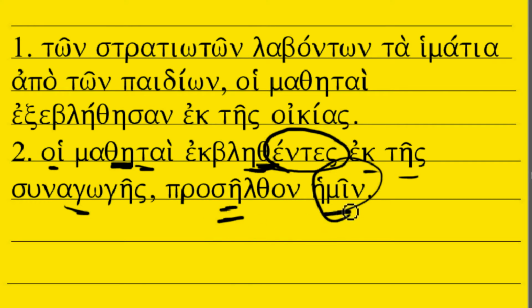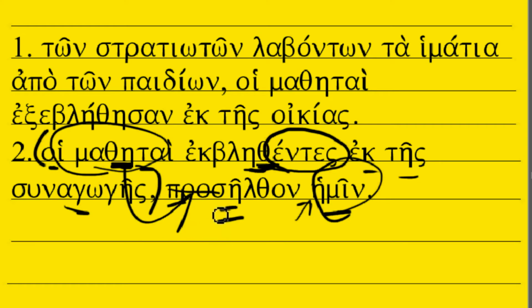You could have used, of course, elthon, pros hemas, and that would be they came to us. We'd get rid of the pros here and include it as a preposition over here. Either way is fine. So one way or the other, whichever way you did it, would be okay. But the basic thing you're being exercised on here is really this phrase, and recognizing that in this case it is not a genitive absolute because the disciples are actually the subject of the principal verb in the sentence.